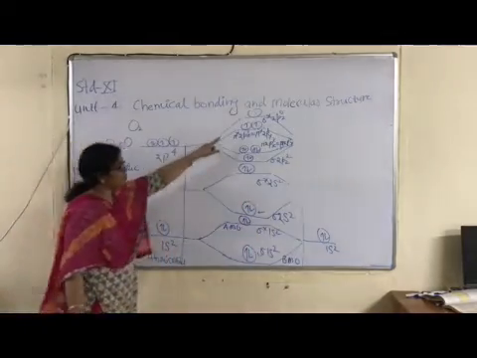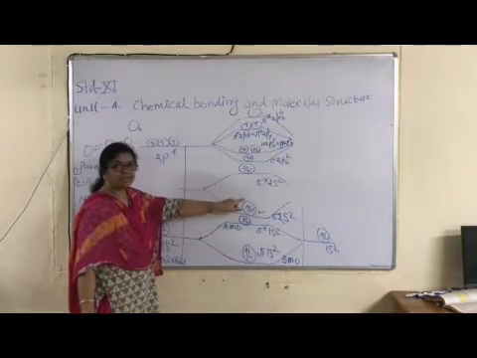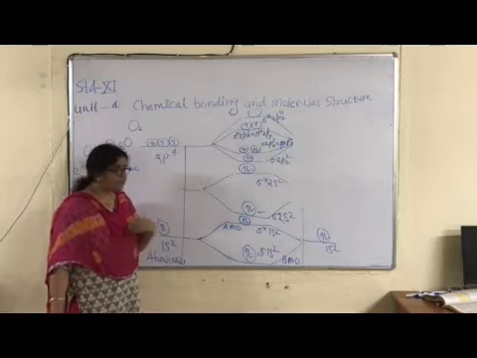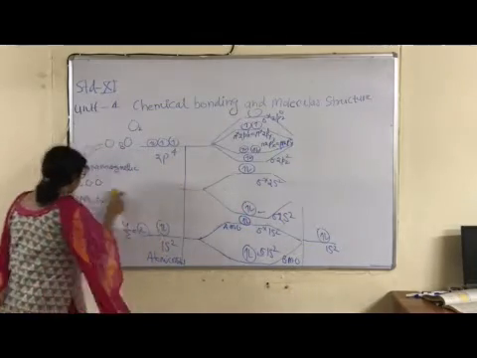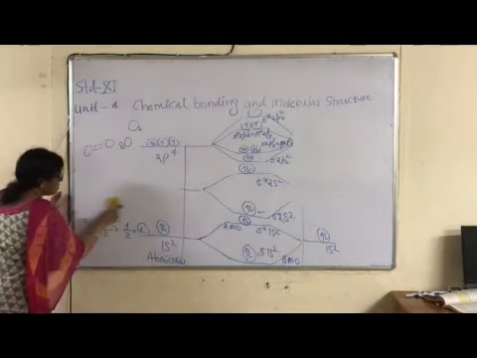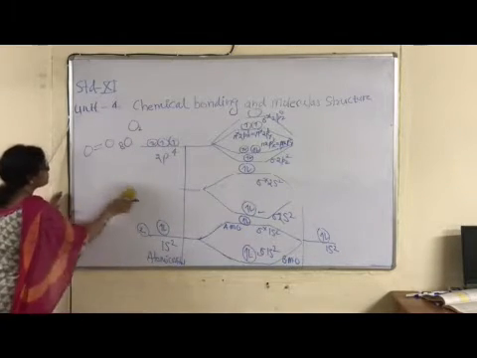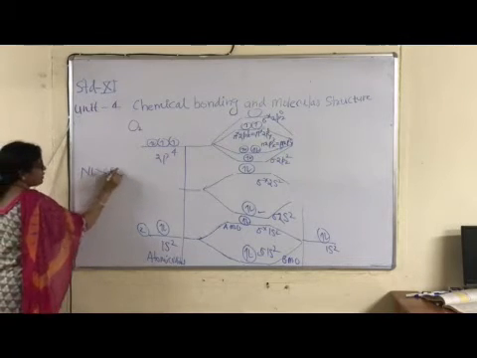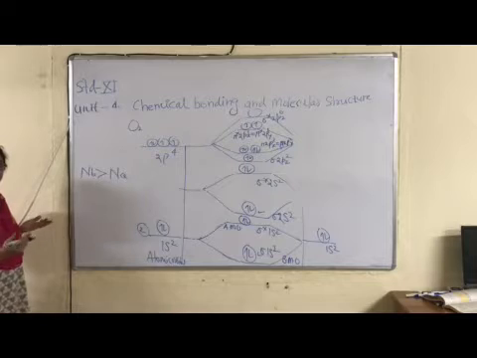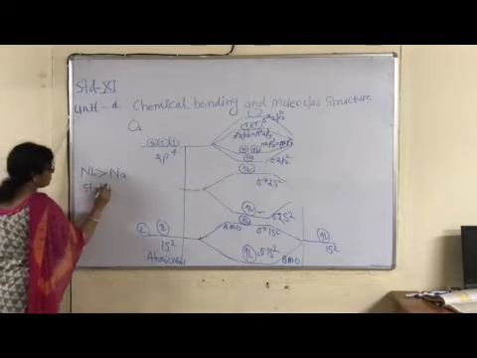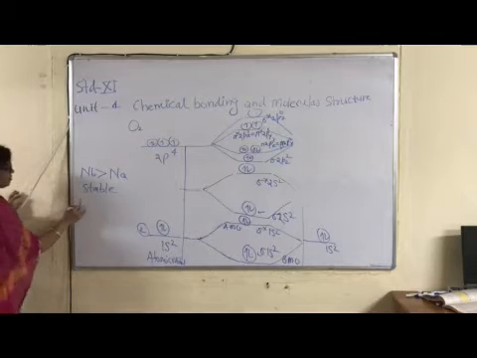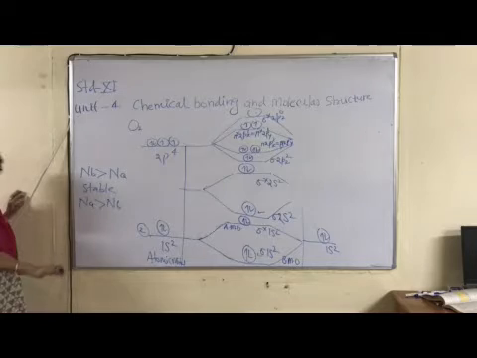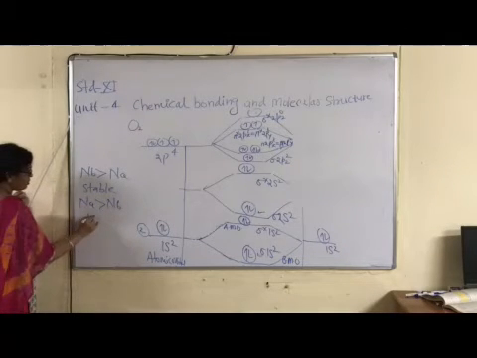Now if electrons are removed from anti-bonding, it increases stability. Right? If electrons are removed from bonding, then decreases stability. The significance of bond order. What is the significance? If Nb is greater than Na, then molecule is stable. Second reverse state, Na is greater than Nb. More anti-bonding, less bonding, then unstable.